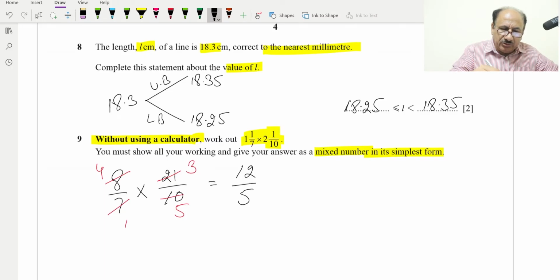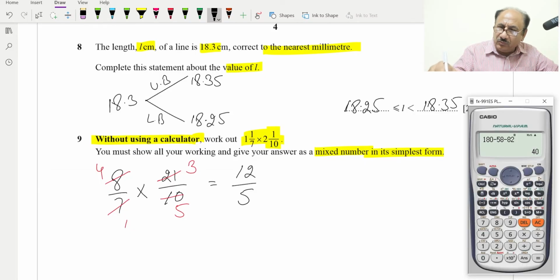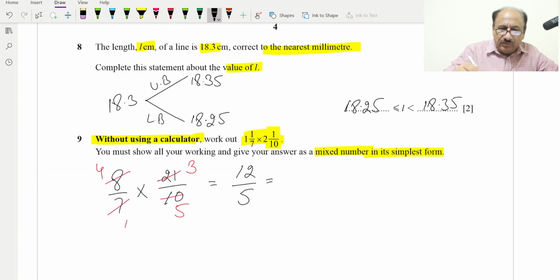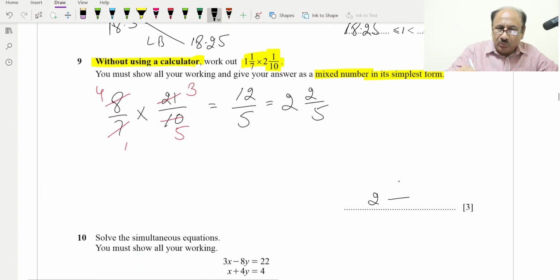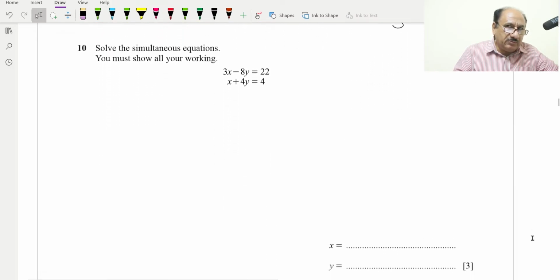Now we can change into a mixed fraction, and if you divide by 5, this will be basically equal to 2 whole 2 by 5. Or you can even divide, for example 12 divided by 5 will be 2s are 10 and 2, so this will be 2 whole 2 by 5. This method also you can use. So 2 whole 2 over 5 will be the final answer, which is in simplest form. So 2 whole 2 over 5 will be our final answer for this question. Now question number 10 is